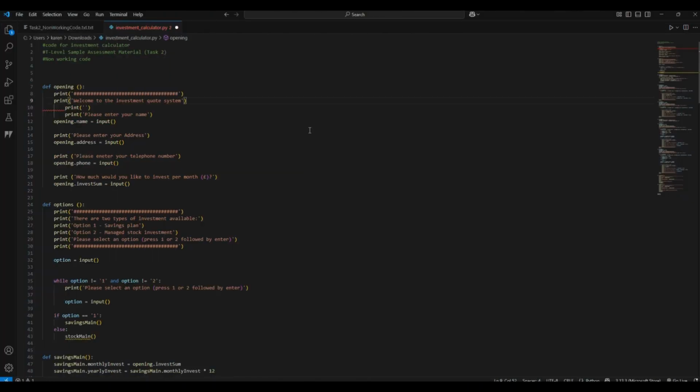So this is our code for the sample assessment material, and you're given it as a text file, so basically you need to convert that into a PY file so you can run it. We can immediately see at the moment that there is an error here on lines 10 and 11 because those are indented and they shouldn't be. So that's the first thing that we're going to fix, and of course we're going to document that in our